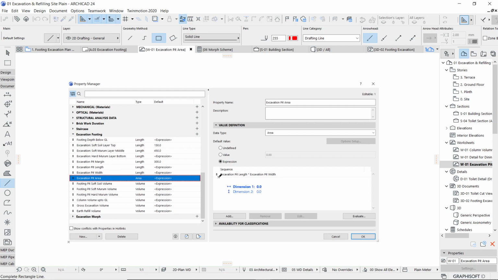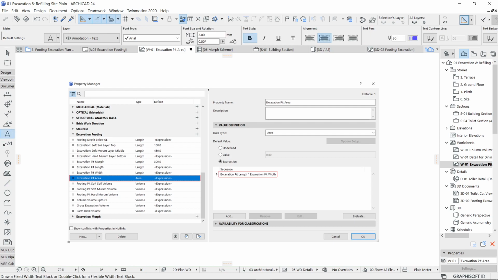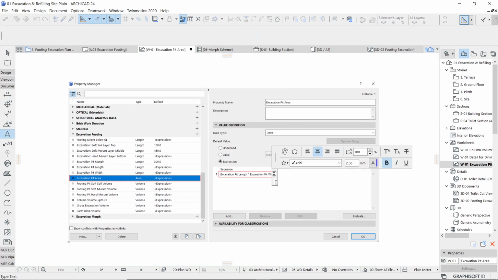So this is how I'm highlighting. Anything you want to write as text, you can write the required text over here. The height of the text you can decide as per your choice, then color and font,